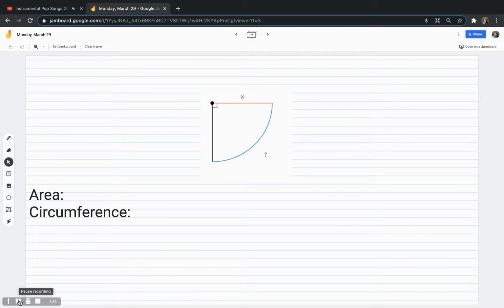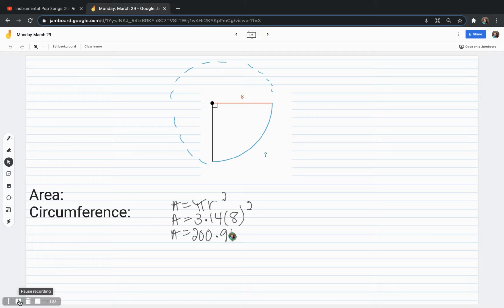Next, we want to calculate the area of this quarter circle. It might help if you extend this out to make a circle, just so you can see the relationship here. Again, our formula for area is pi times radius squared. I can see that the 8 is only going halfway across the circle. So I'm going to do 3.14 times the radius 8 squared. And that's going to give us an area of